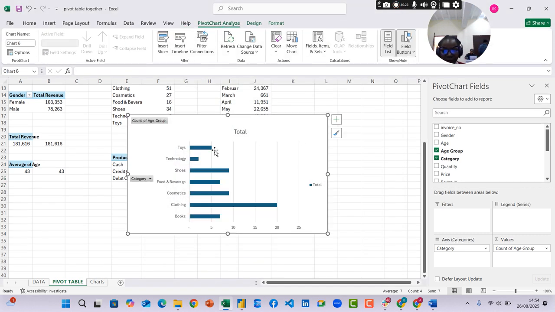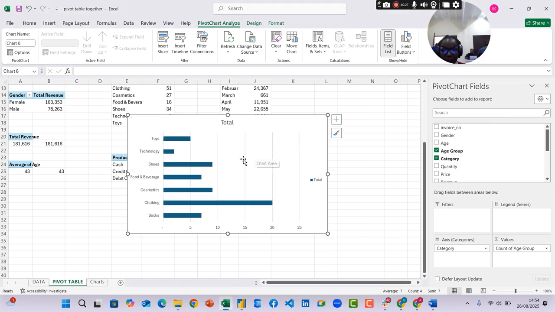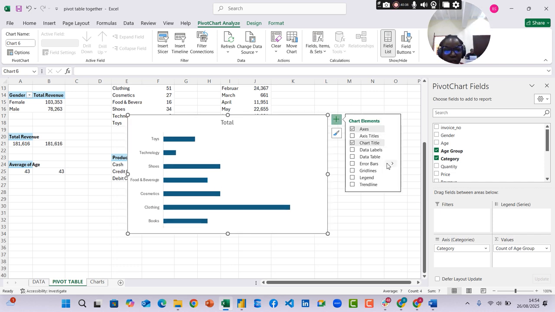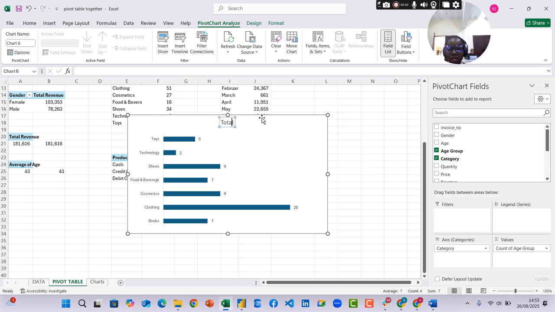Now let's format it. Field buttons, hide all. Select your grid lines, delete it. You don't need this total, delete it. Come over here, delete this as well. Then come here, add your data labels. Can you see? Then for your chart, total what? This is what? Age group by